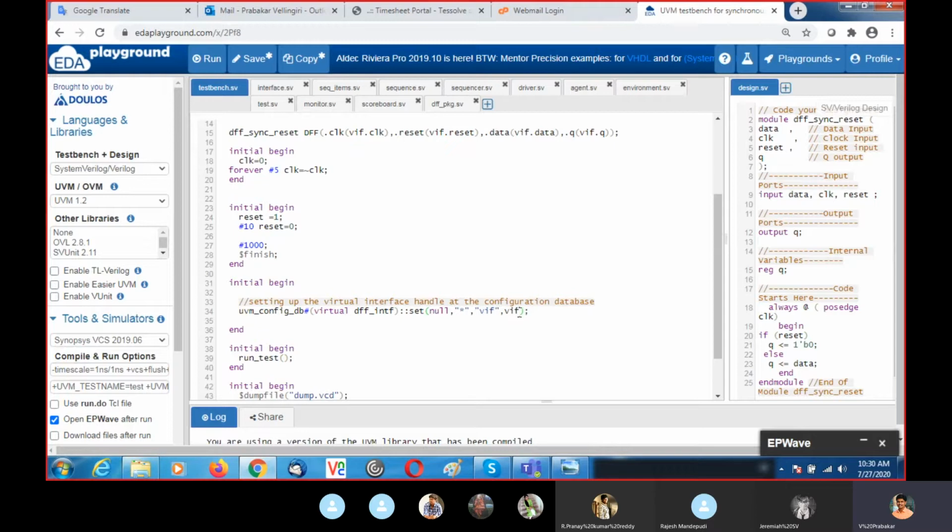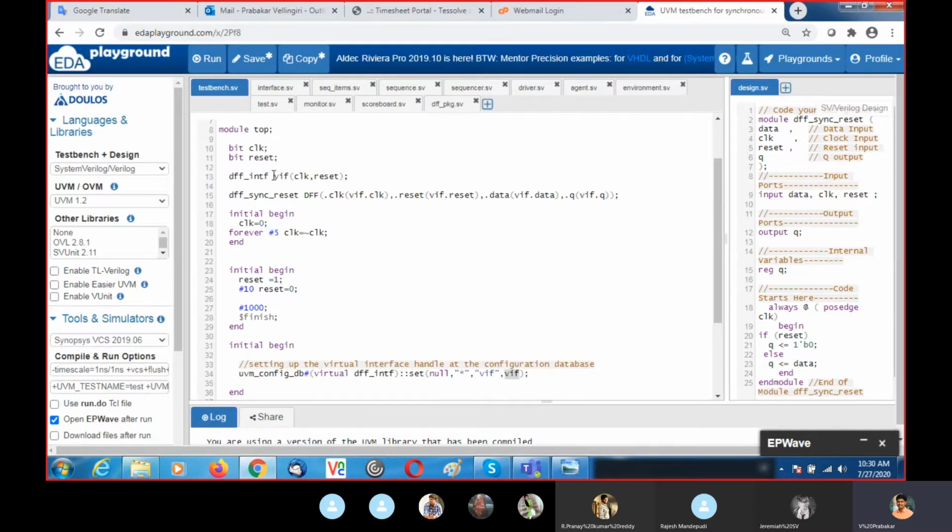Then this is the value in this variable. I am setting this VAF. This VAF is nothing but this one which I created here. Whatever name you give here should be mentioned in this position, and this is the variable which is registered in this name. It is registered in the factory. Sorry, inside the config database.